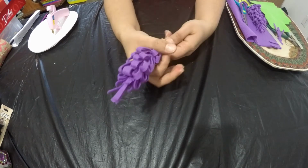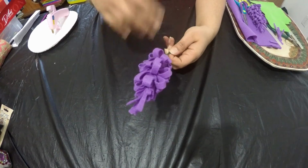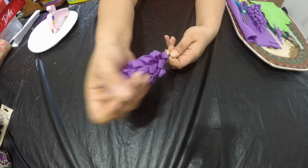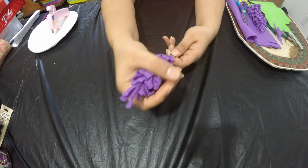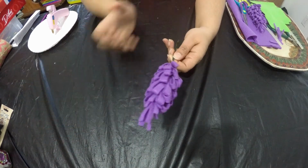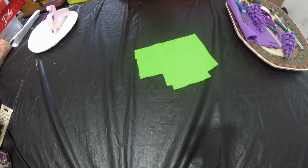like. To give it a slimmer look, always press it upwards and not downwards, because then it'll not look cute and it'll not look proper. Lavender is always upward and slender, so if it's ruffled, just make it go upwards and it'll become proper again. So the next step is to take a piece of green felt, and